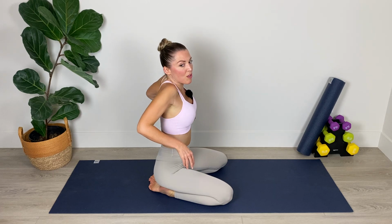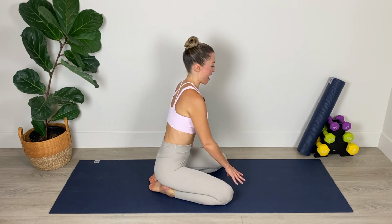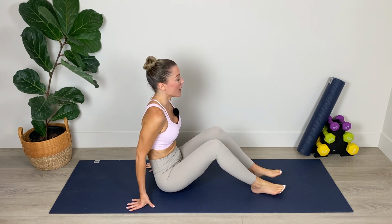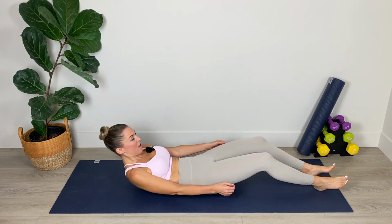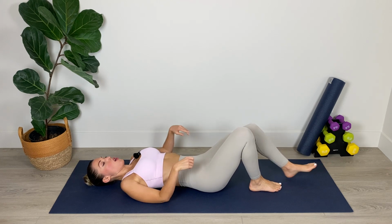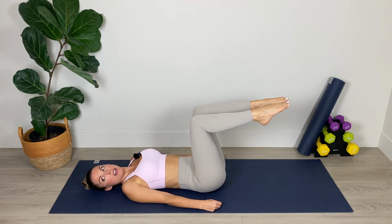Give your shoulders a roll. 2 nice exaggerated rolls. And we're going to move into position for our ab work. So I'd like you to find the center of your mat and roll down with control, 1 vertebra at a time. From this position, we're going to bring the legs into tabletop, knees above the hips, shins parallel with the